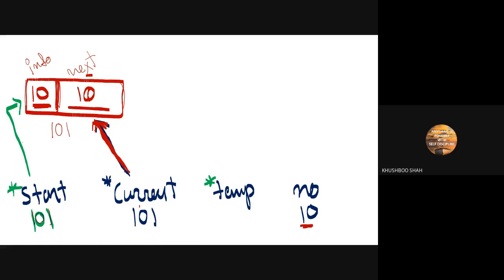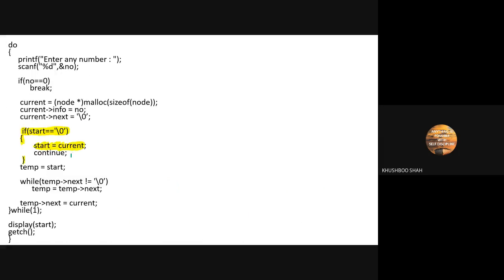Now the second statement is continue. What is the meaning of continue? To skip the current iteration. Yes, it will skip the current iteration. It means it will not execute anything else in this loop and it will go directly to this location. It is not going to execute the rest of the portion of the loop. So it will go to the first line.